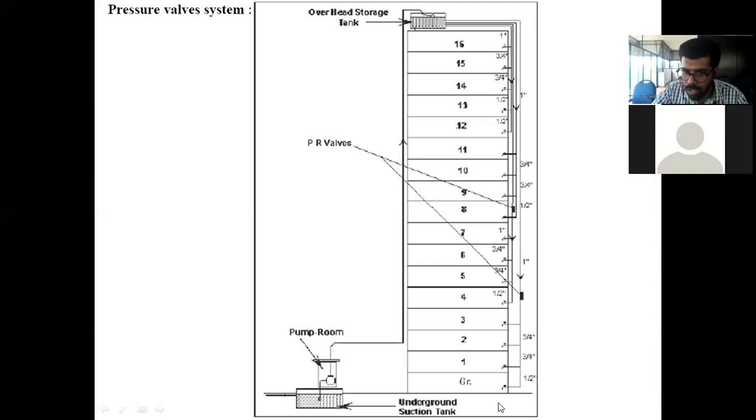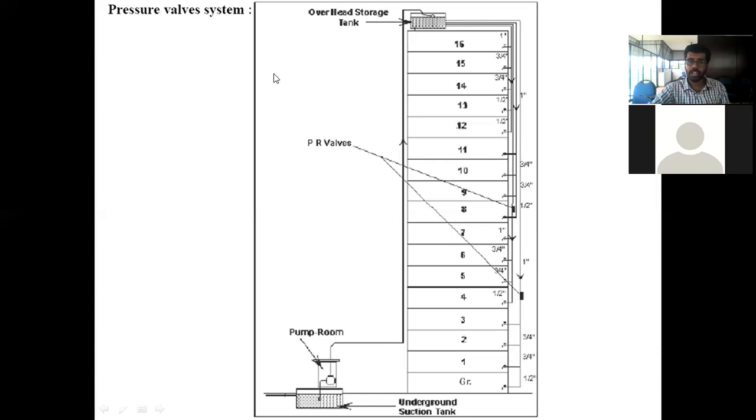From the 16th floor to the ground floor, again the water will be coming down, right? So that is not allowed. So you have to give the pressure reducing valve in the range below 80 feet. So this is also second. You can give another pressure reducing valve on the 8th floor. For the rest of the 8th floor, you don't want a pressure reducing valve because you will be getting normal pressure.